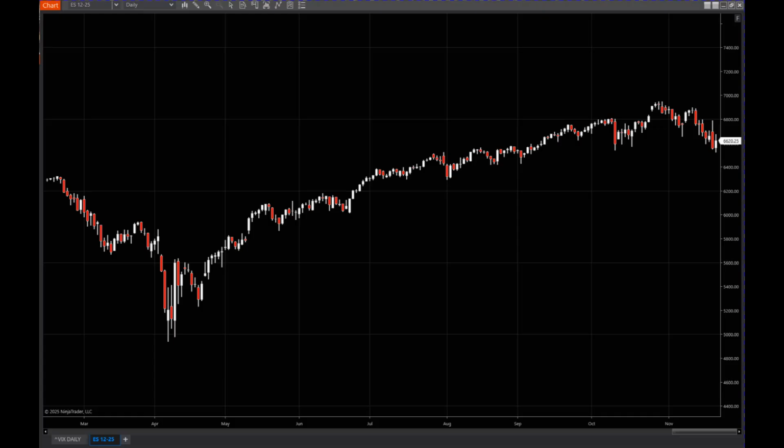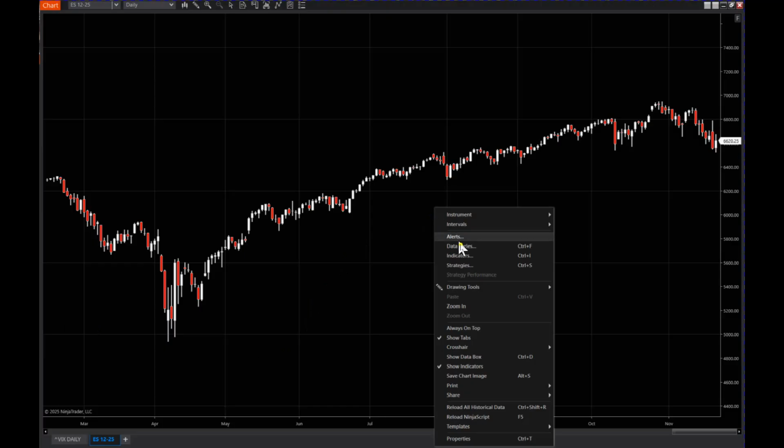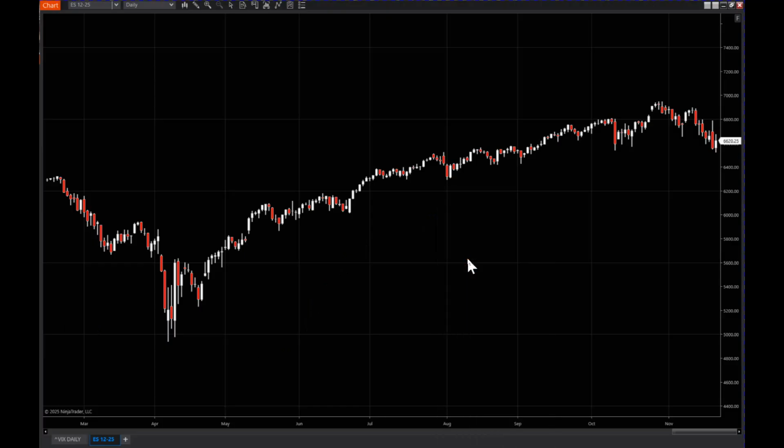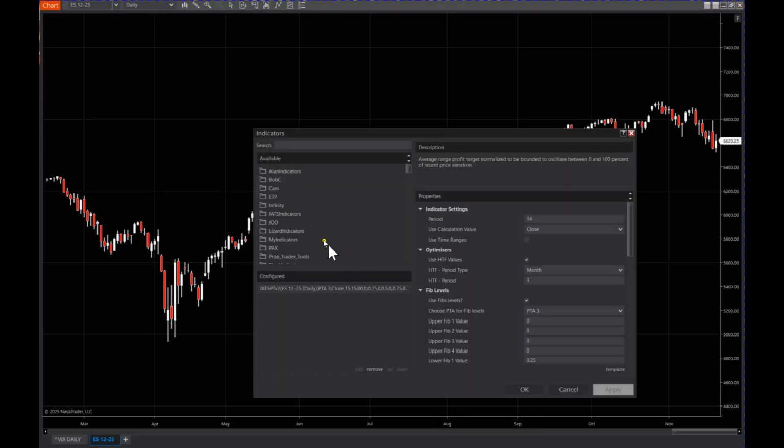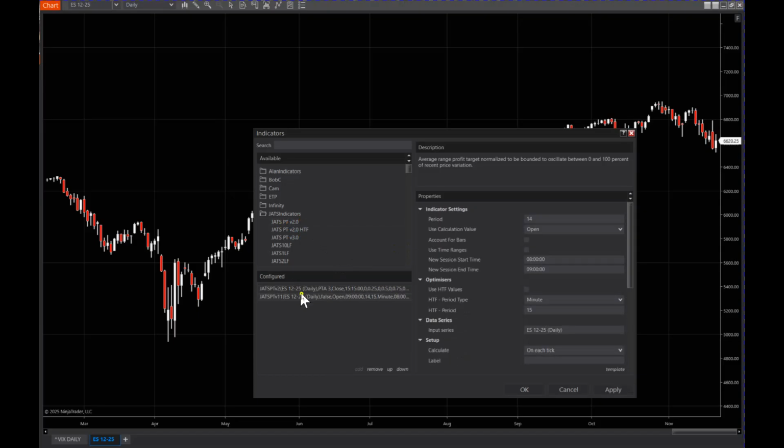I've got the E-mini S&P 500 on a daily bar on the chart, and we'll put the JATS PT indicator on here. It's got two components. We have points and levels. Points is the first part, and that is the original PT, and PT2 is the second version of it, version 2. I call it PT2. And so if you just click that and add it to the chart,